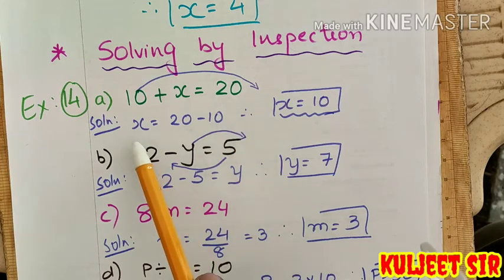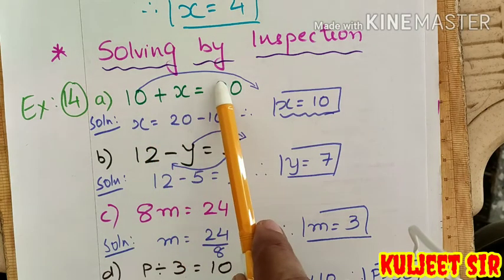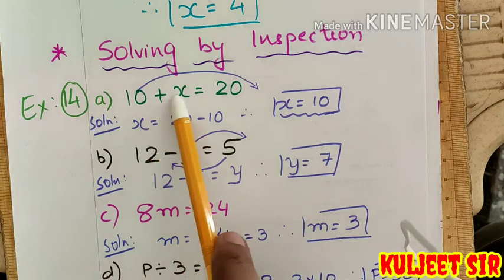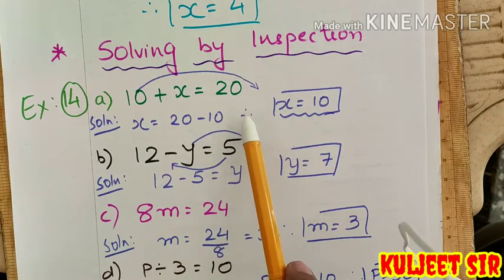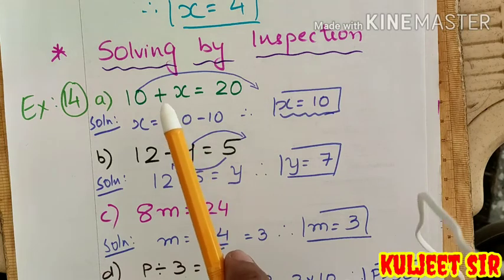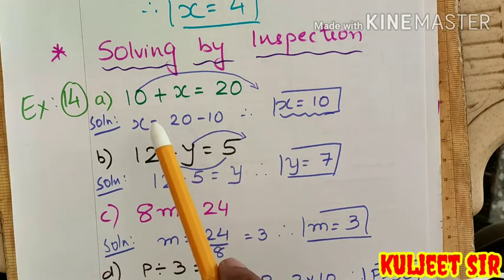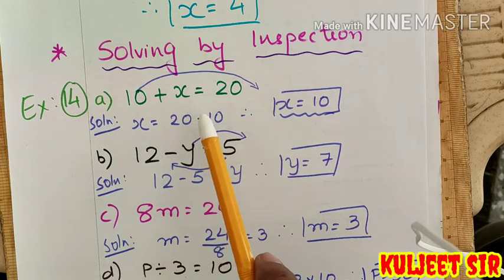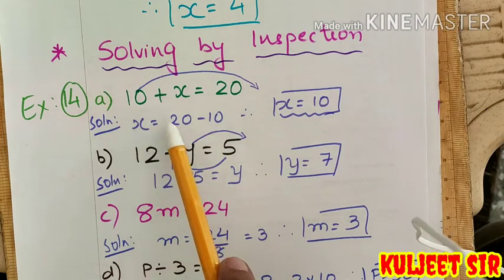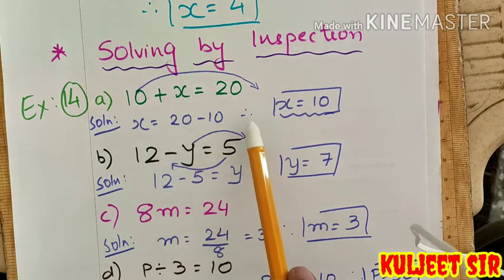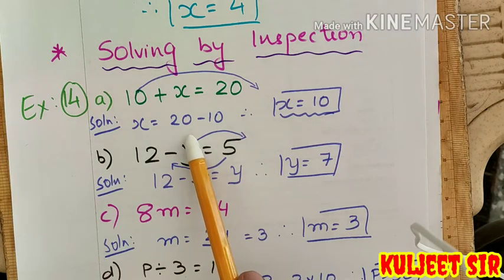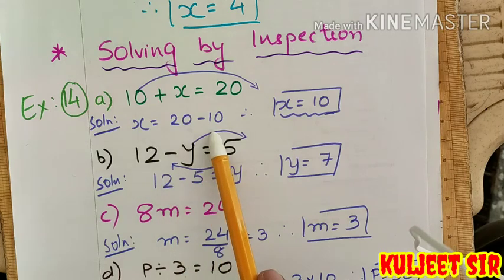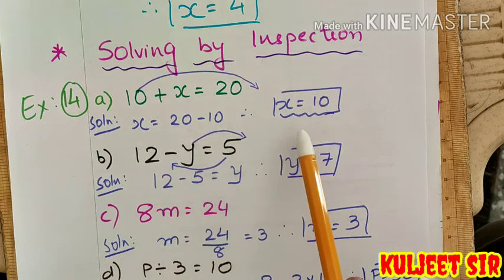Now the purpose is we have to get the value of the variable. The variable here is x. So I need to get the value of x over here. You can see I have drawn an arrow here. It means that 10 is taken onto the other side of equal to. If you remember, students, I had already explained earlier that when you take any number on the other side of equal to, its sign changes. So here 10 which was plus has gone to the other side of 20, the right hand side, and it has become minus. So x is equal to 20 minus 10. I will get my value of x is equal to 10.